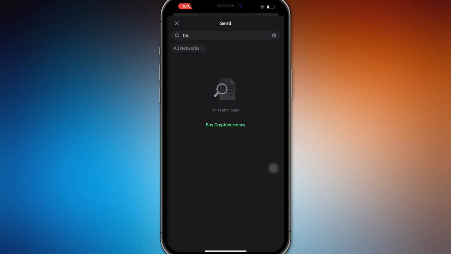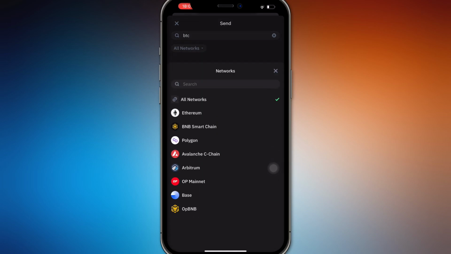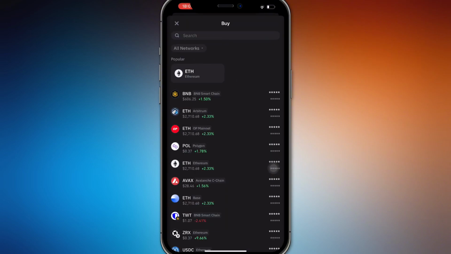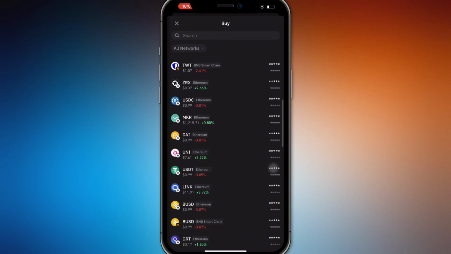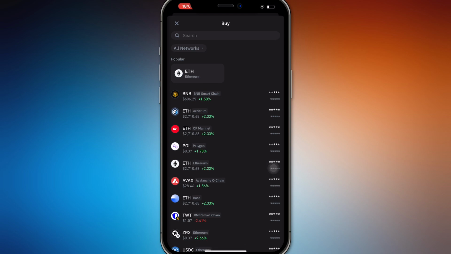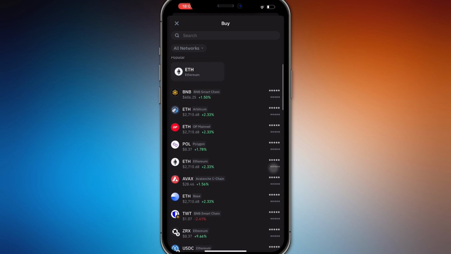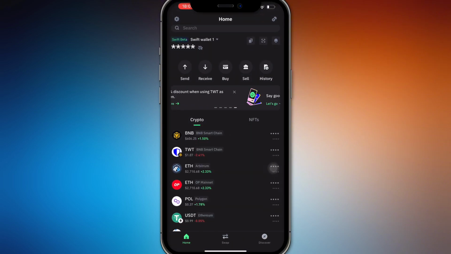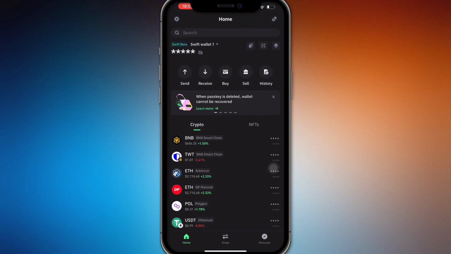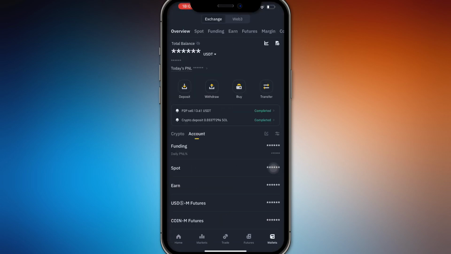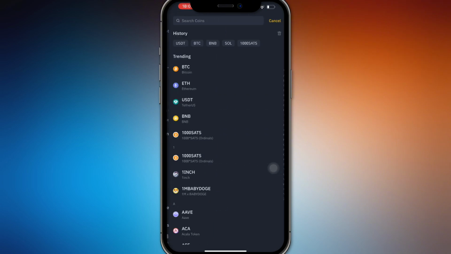So I don't have anything that's available as of now, but if you're sending BTC, you would want it in the BNB Smart Chain right here, or let's just say DAI or anything else, just USDT or actually anything else. So let's just look for something that's available right here. But basically, all you have to do is press the send button, and then you'll be able to have a wallet address right there where you can actually input here in your Binance, and then here press your deposit basically,